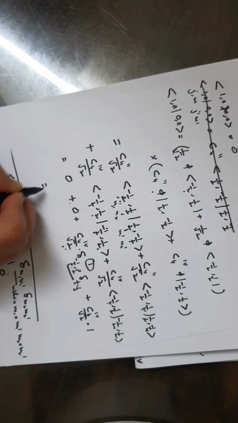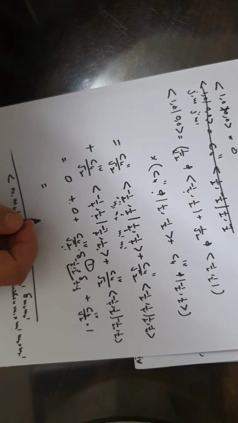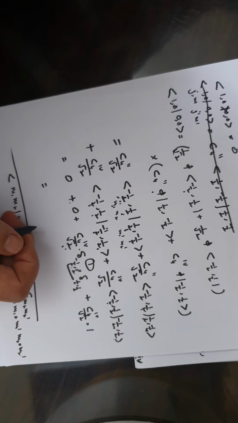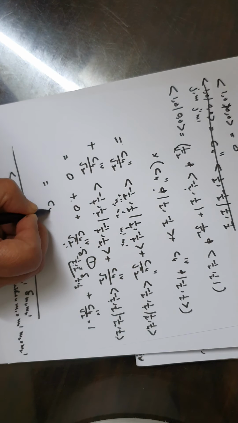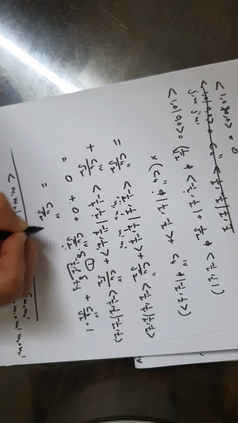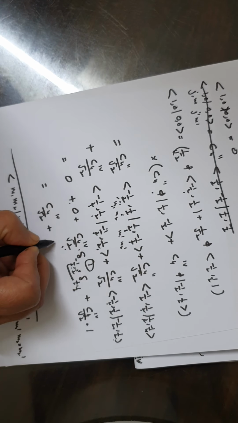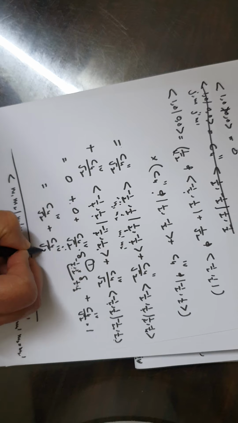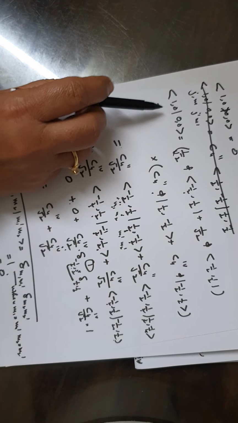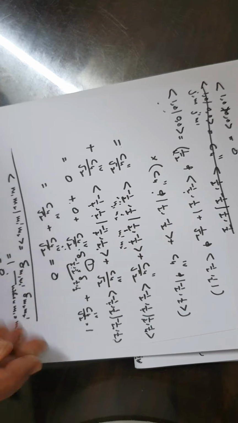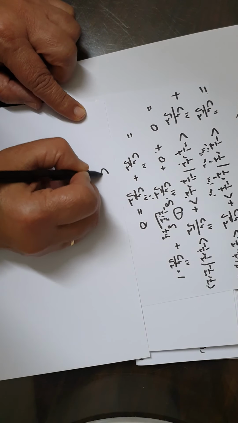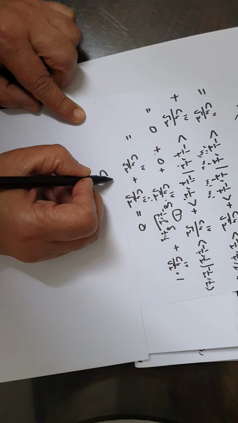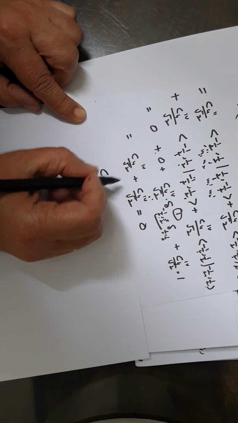So you get C4 4 times dash over under root 2 plus C4 4 times dash over under root 2. And the other side, the left hand side, is 0. So that means we will have C4,